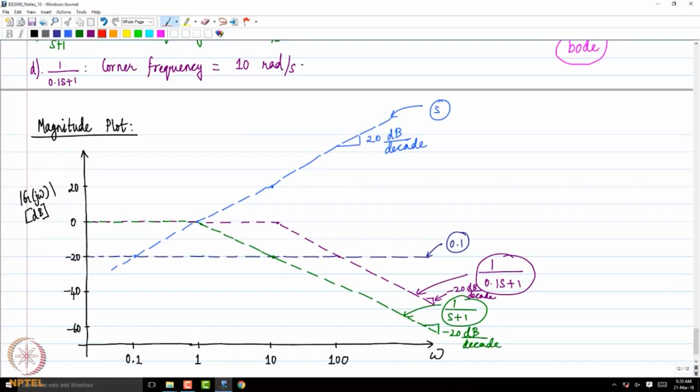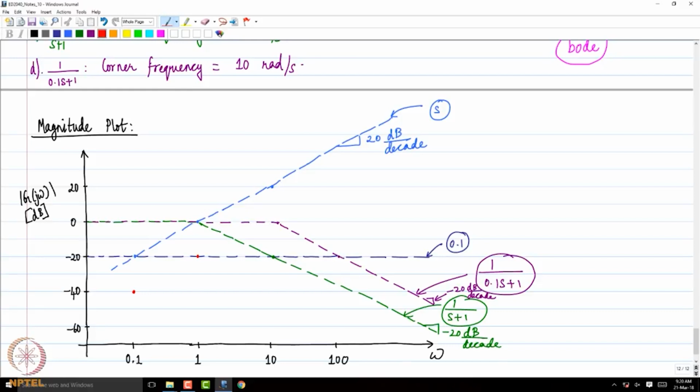So if I shift by minus 20, at the frequency of 0.1 the value will become minus 40, and at the value of 1 it is going to become minus 20, okay. So that's what is going to happen to 0.1 times s, right, till the corner frequency of